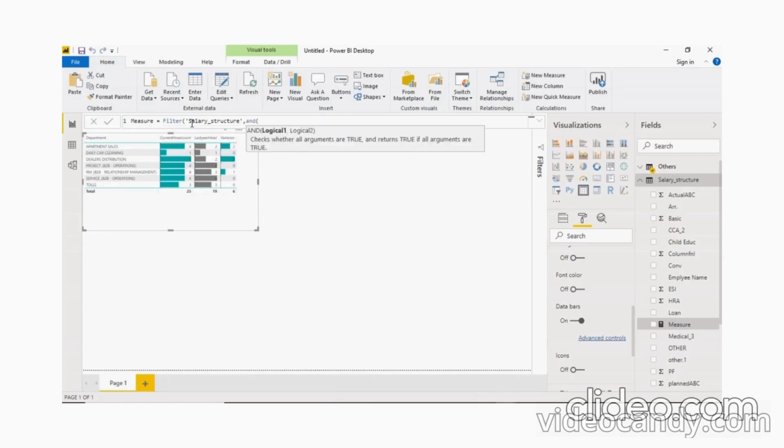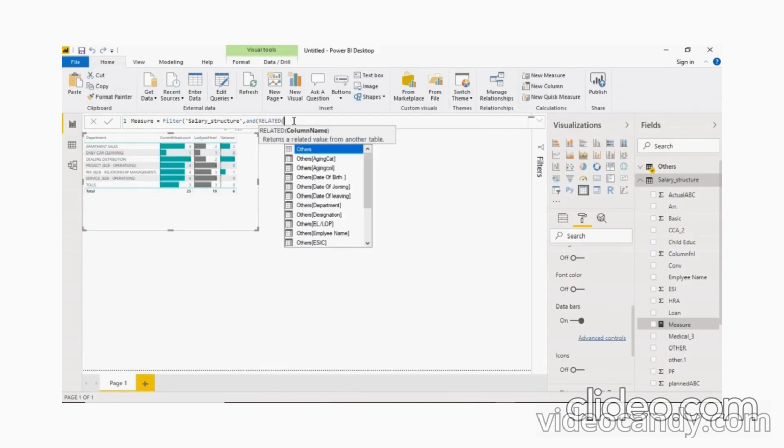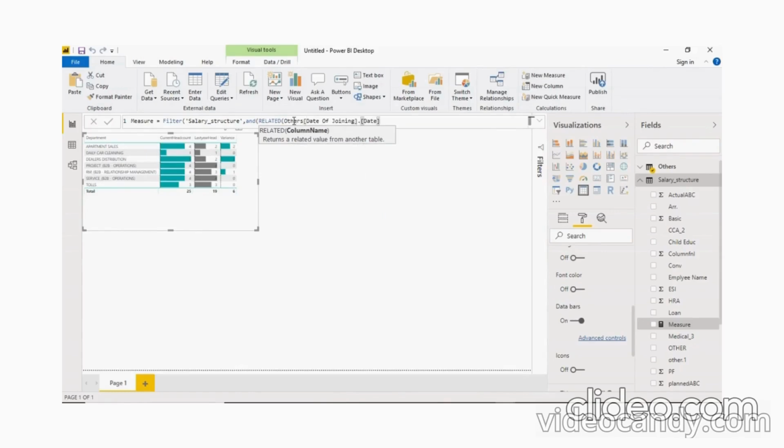and I want the date of joining. Date of joining is available in the other table. So here I type the RELATED function, because I want the related value from the other table. So I use the date of joining from the other date table, greater than or equal to, and here I type DATE. Inside, for the year, I type the YEAR function,